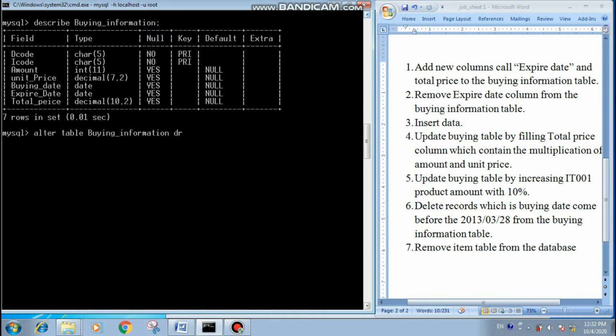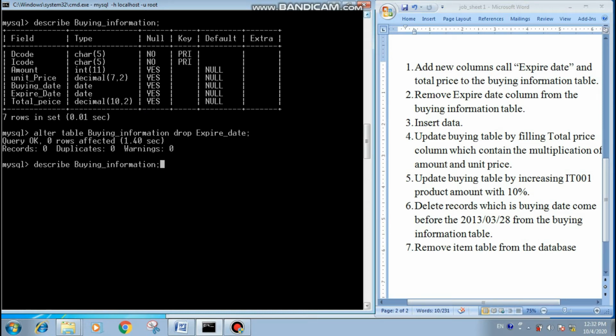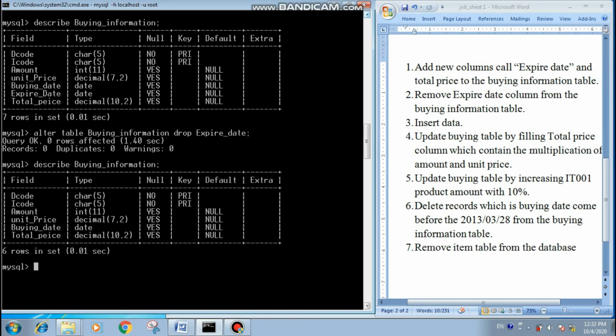Then the drop keyword and the dropping field, according to my example it is expire date. Query OK. Expire date field is removed from the table.